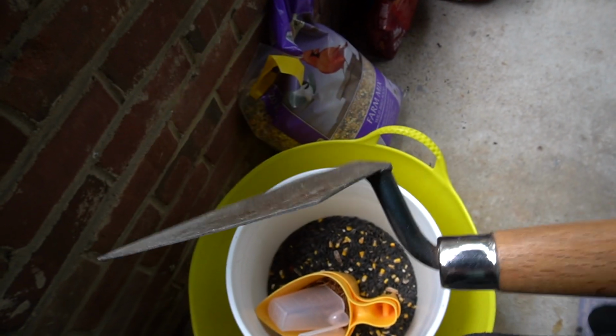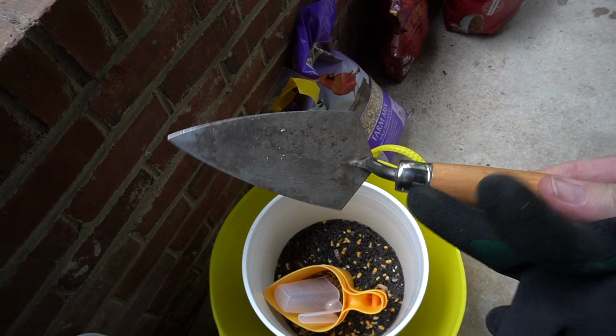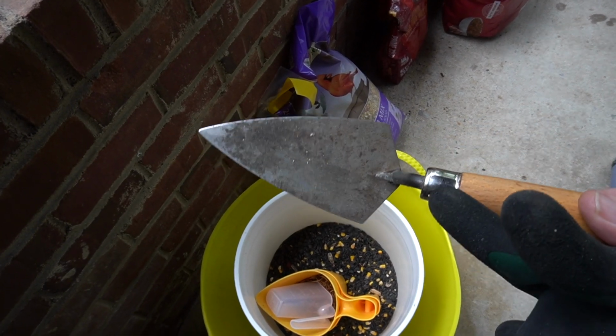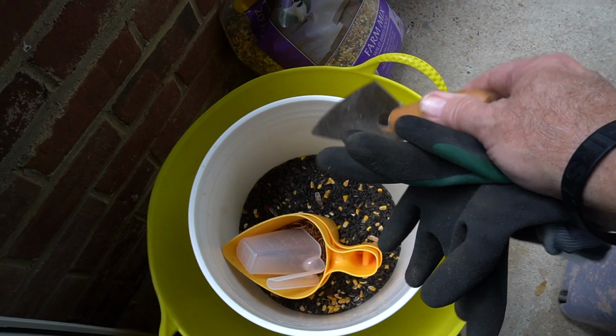It's just a masonry trowel, a finishing trowel. And you can scrape out corners, and you can move stuff around with the edges. It's just great to stir stuff around, and I use that just practically every trip I'm out there. The gloves,